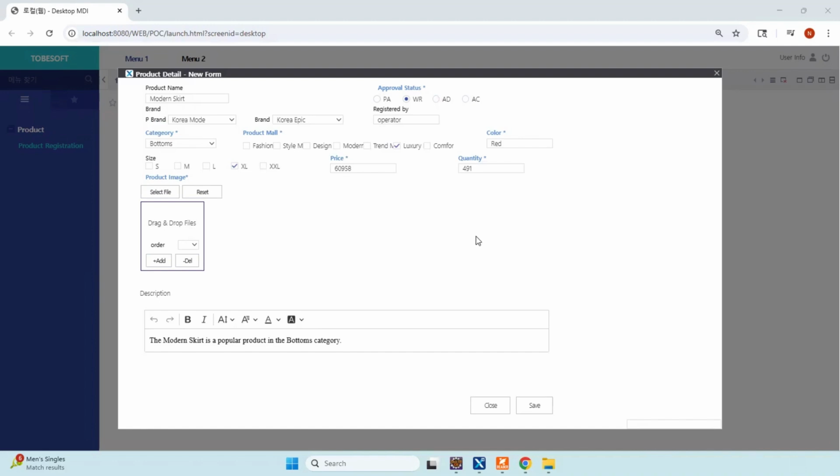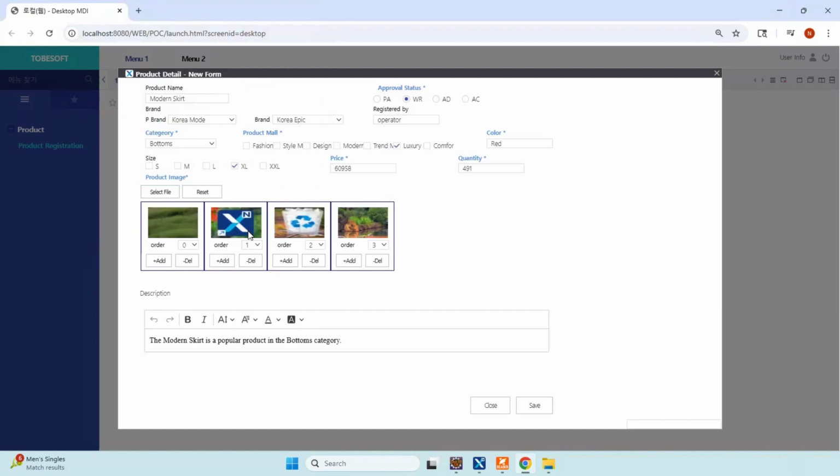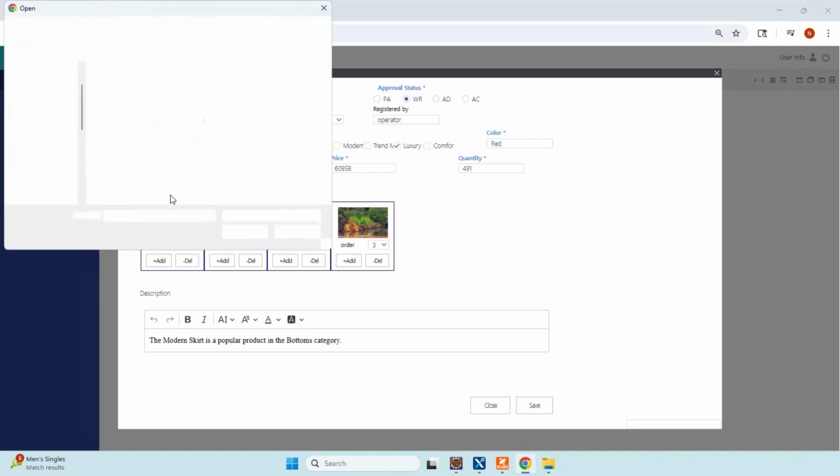Let's look at the functionality in the application here. So you select a file, it opens this dialog, and you should be able to select multiple files. We can select a maximum of 7.